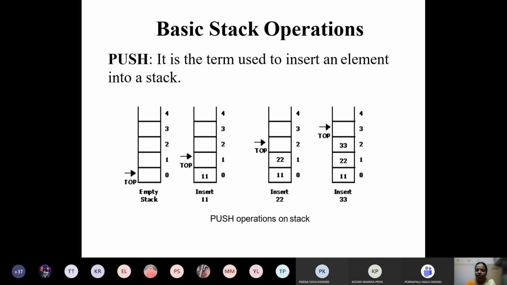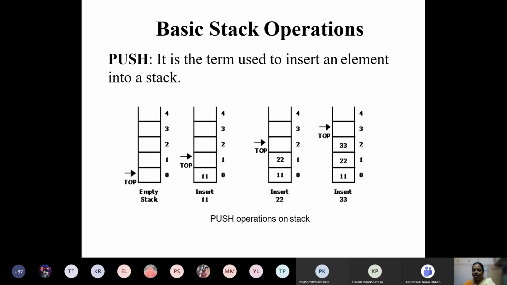Whenever you are implementing the push operation using a linked list, we add the element at the end of the linked list. Assume that the 0th index is the start of the linked list, and whenever you insert a new node into the stack linked list, it is linked to the next element. Like that you can insert nodes one by one.